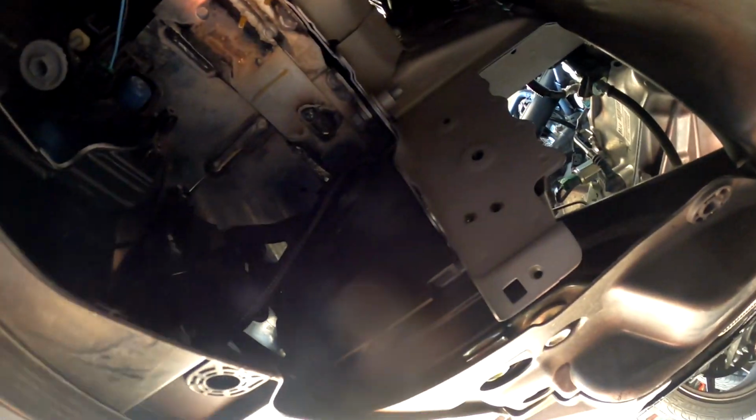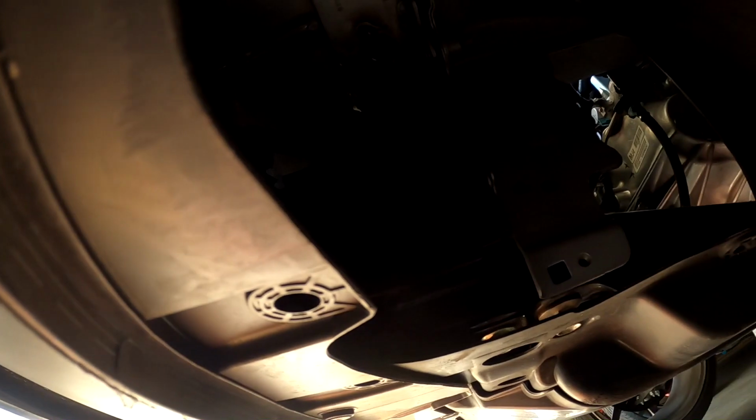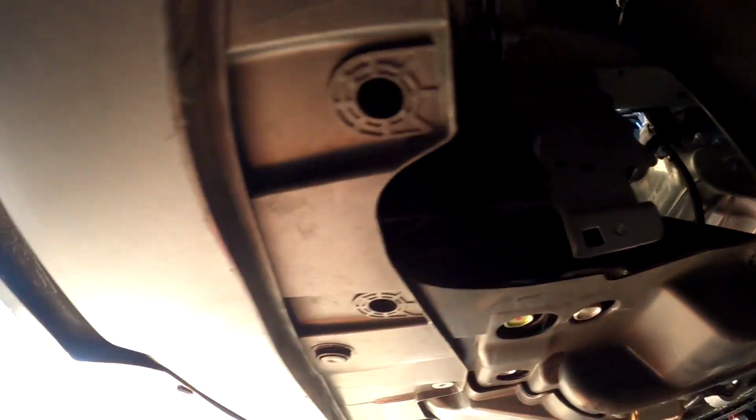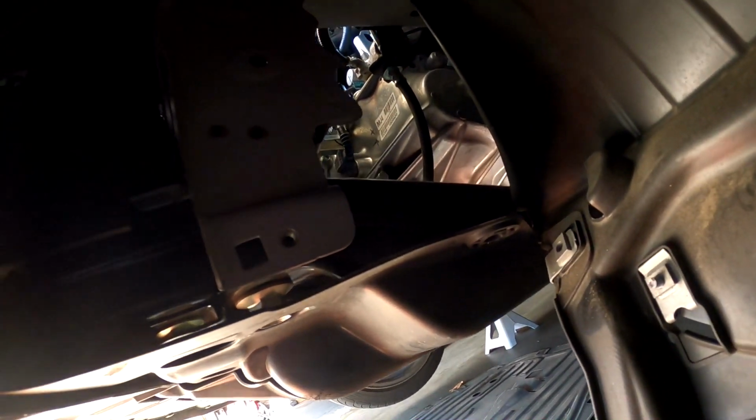I see people that remove the bumper, and that's fine and all, but I really don't feel like removing the whole bumper, man. Low-key scared to remove it because my bumper has pretty good fitment, and people say that once you remove it, the fitment is a little worse because it's not how it came from the factory. So we're gonna put